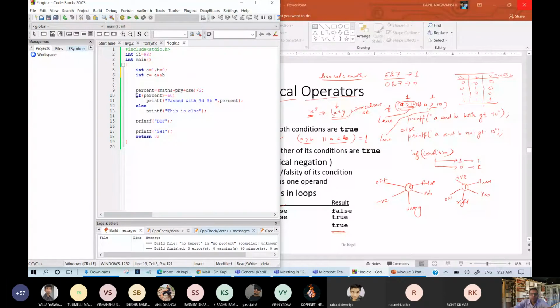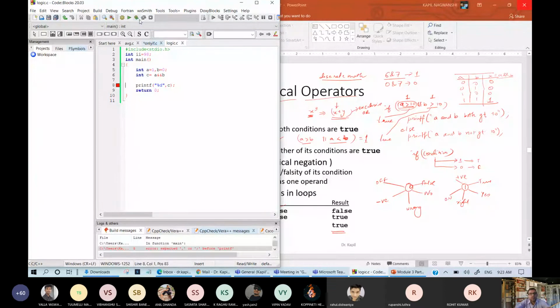Now, if you run this program, and I am printing %d, comma, C. So what will be the output here? It will print 0. Some error is there. Semicolon.